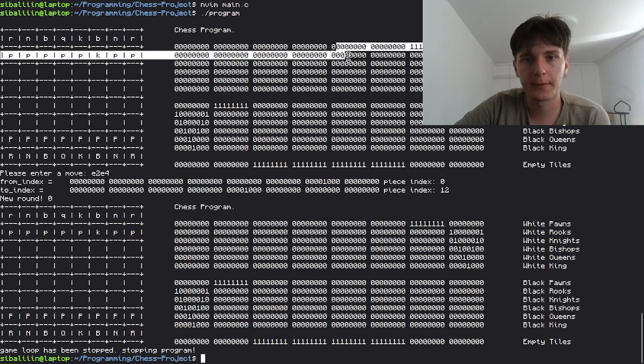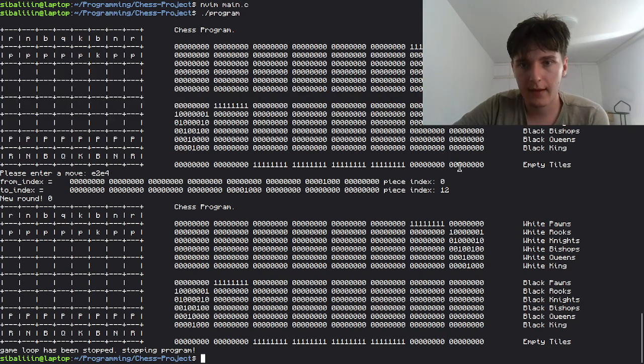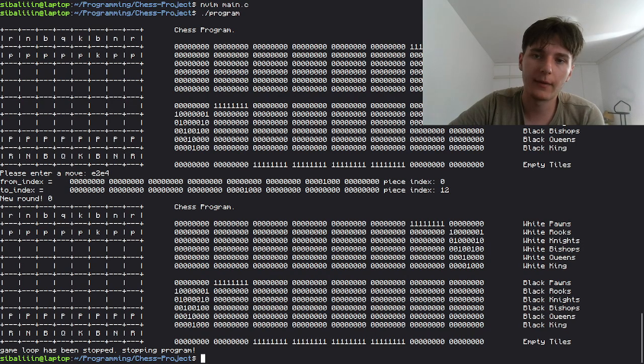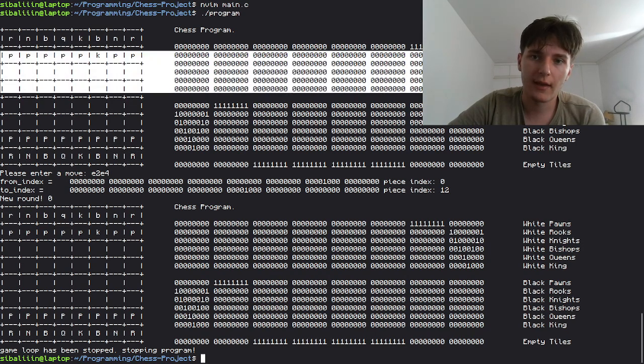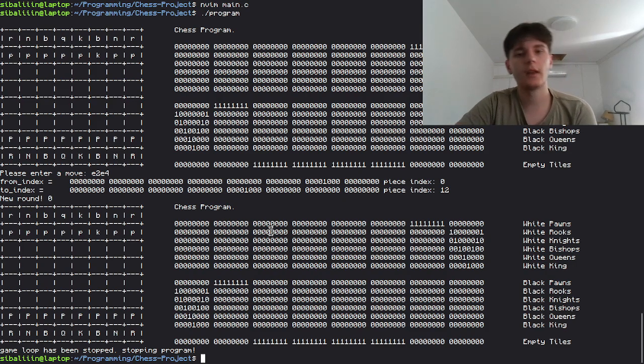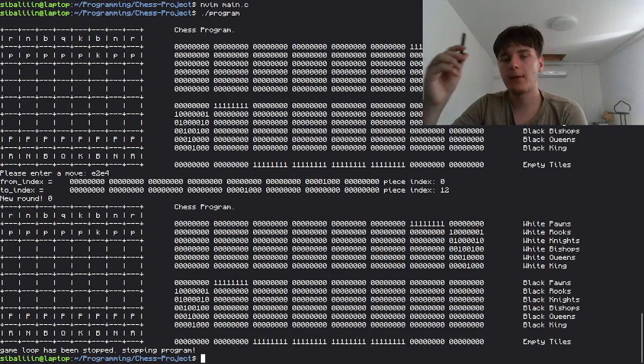I take every piece from the bitmap and I compare it, and when I find a match, I just say that, okay, this is piece index 0 because this was the first place that I found a match. And I think the check here is I take this and then a bitwise AND with every piece in the bitmap. And I can stop at the very first